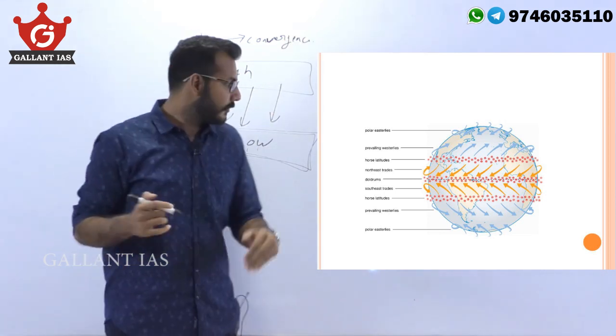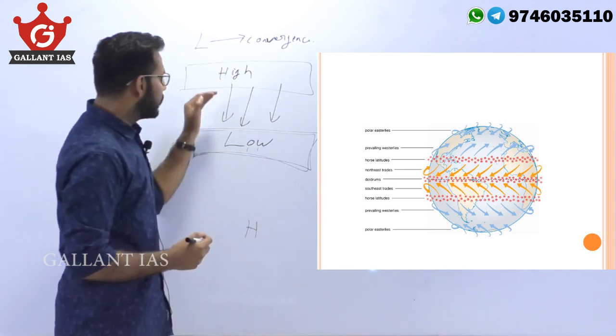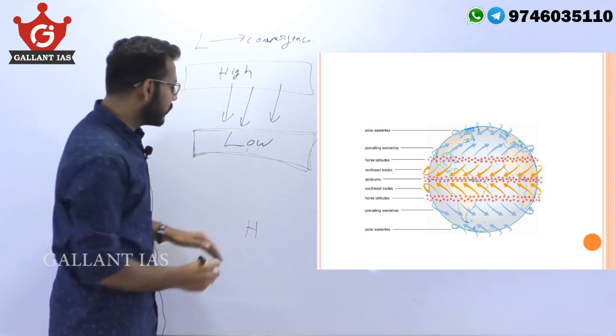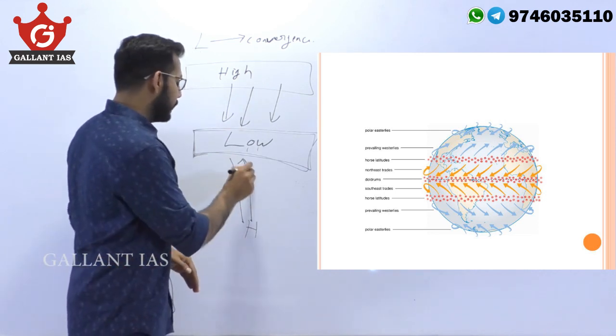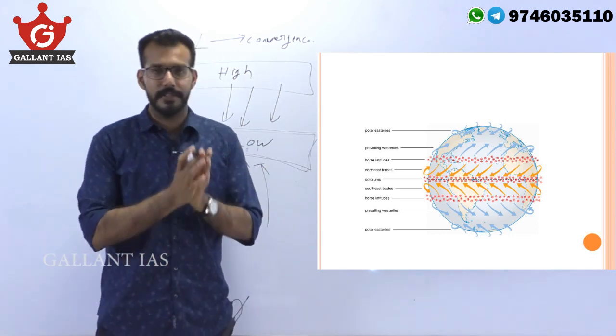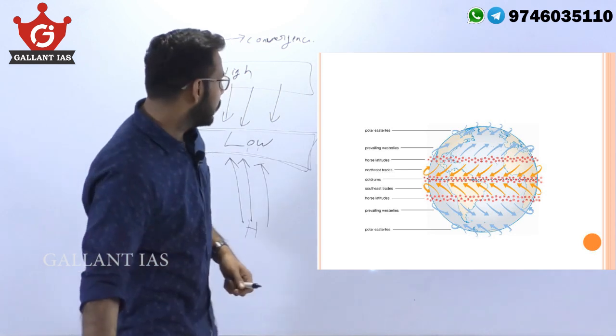Here, winds from the subtropical high pressure area in the north and the subtropical high pressure area in the south converge with each other and tend to rise. This region is also known as the Doldrums because of the calm conditions prevailing there. And beyond this, you have